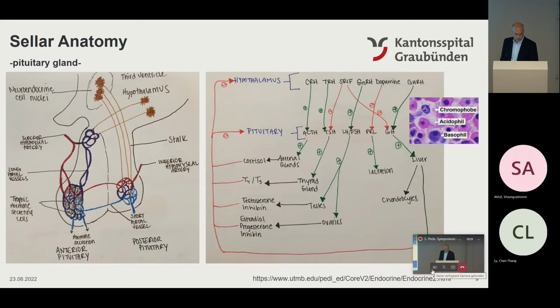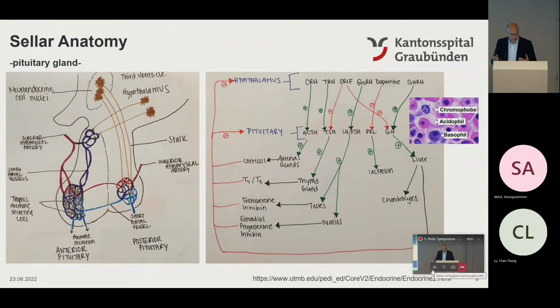This is a sketch, I think we all probably remember back from our medical studies, how the pituitary works and with the hormones. I think it's very well illustrated in this sketch. I took it from the internet, but it probably shows very well the function. When you want to test the pituitary function,